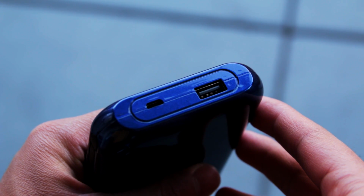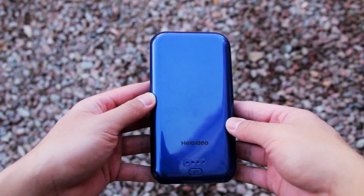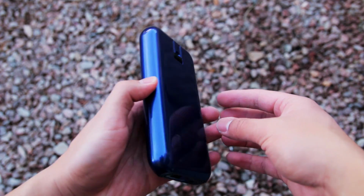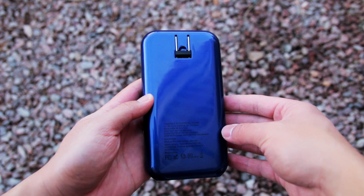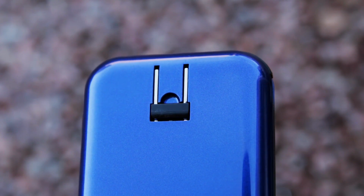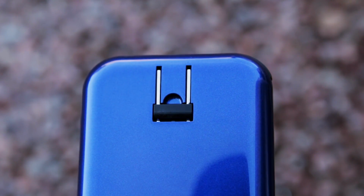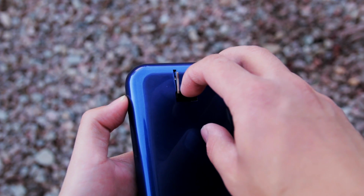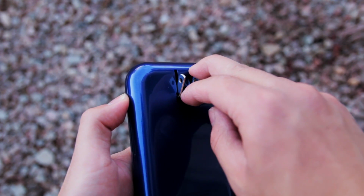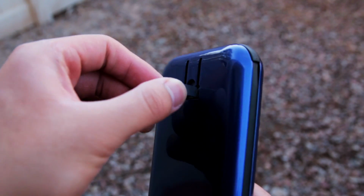On the bottom, you have a single USB output and the micro USB input for charging. They don't include a micro USB cable for you to charge your power bank, but you can just use the built-in AC plug that's located on the back. I really love this feature and I wish more power banks had their own built-in AC plugs. The only downside to them is that they're a little bit difficult to get out. You have to use one finger to pry out the prongs a little and then another finger to take the prongs out completely. However, the AC plug is very smooth when folding in and out, and it's very sturdy and